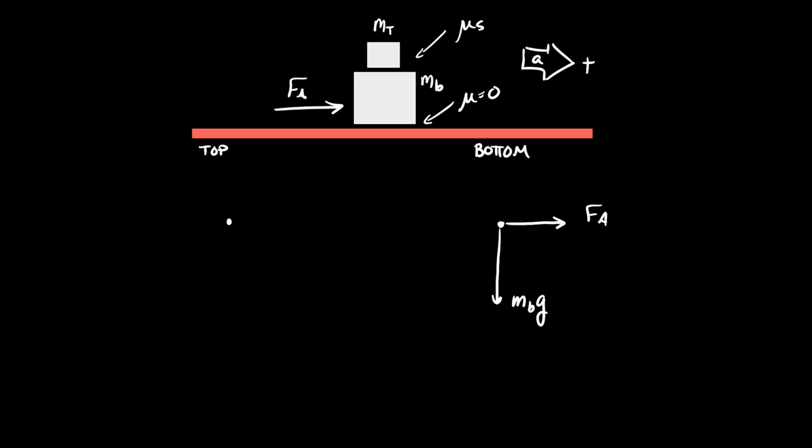Are you? This normal force supports both the bottom box and the top box. So I need to ensure that I am being mindful of that. But I also know that the net force in the y direction has to be 0. So there's got to be another force, and there should be a normal force downwards. This would be the normal force from the top box on the bottom box. Anything else?